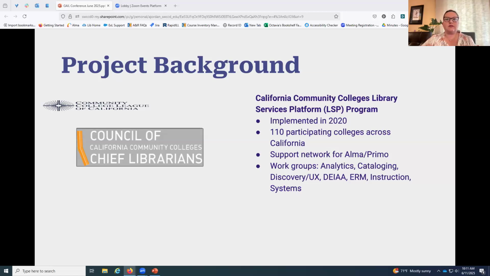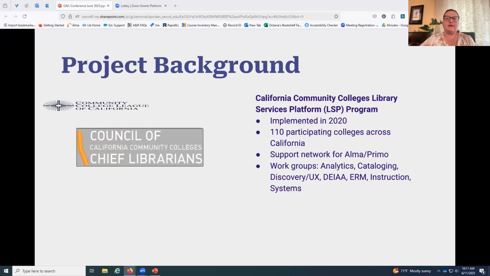These organizations provide a lot of benefit to the CCC libraries, most notably consortial purchasing. We get a great assist. They get us some great pricing on our subscriptions. They also provide professional development to librarians and library staff, general leadership in the field of librarianship across the CCCs, as well as advocacy at the lobbying level.